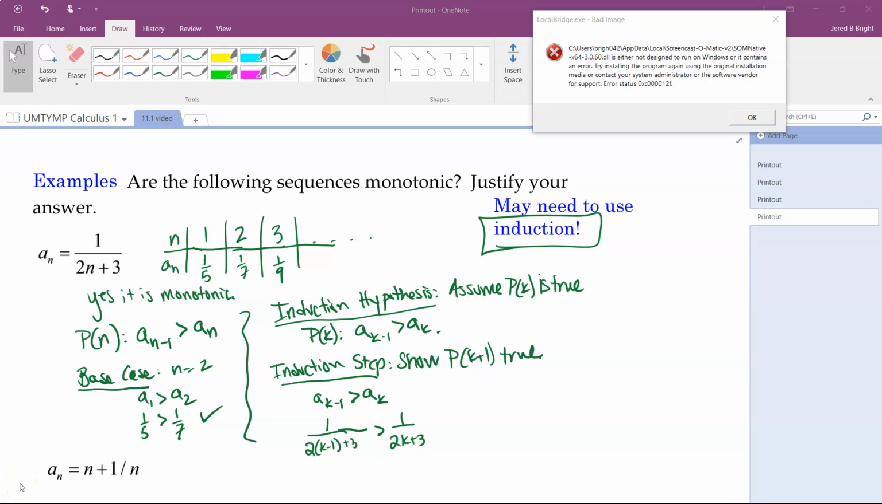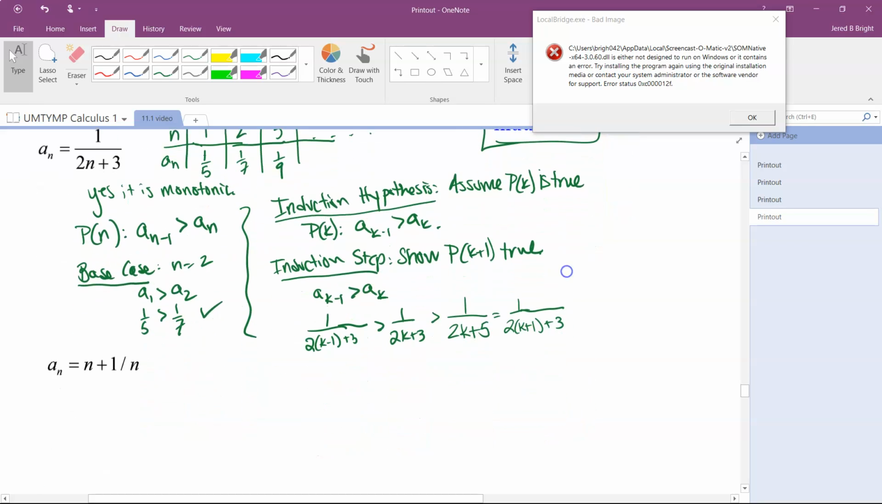Okay, and now in this step, this is a little tricky to maybe figure out, but here's what I'm noticing: if I make the denominator larger, the overall fraction gets smaller. So I can say this is bigger than 1 over 2k plus 5, which is equal to 1 over 2 parentheses 2k plus 1 plus 3, and then that, my friends, is indeed A(k+1). So this is saying that A(k) is bigger than A(k+1), which is statement